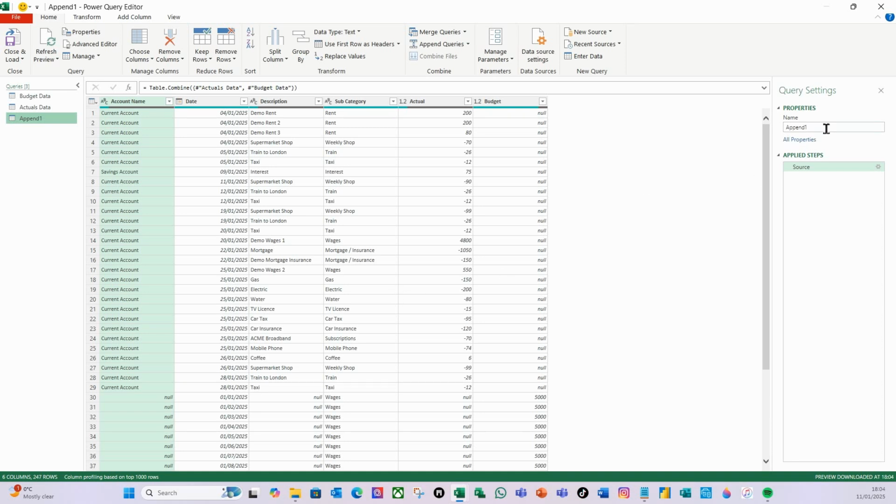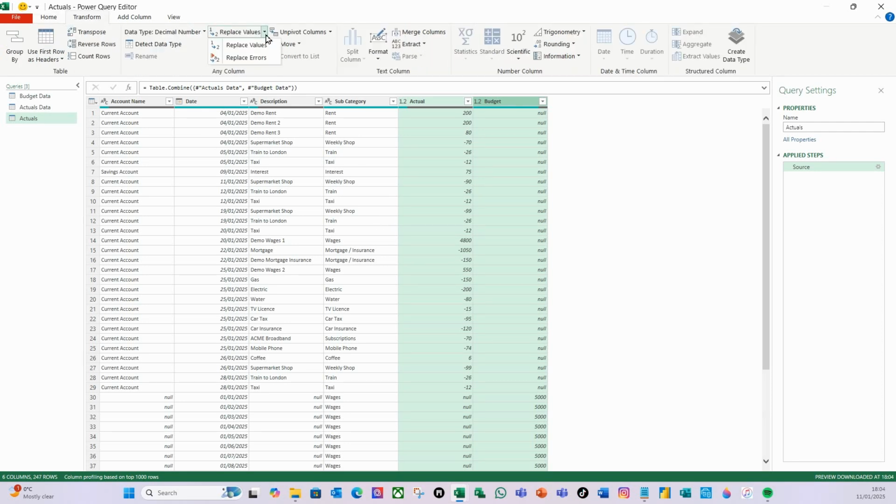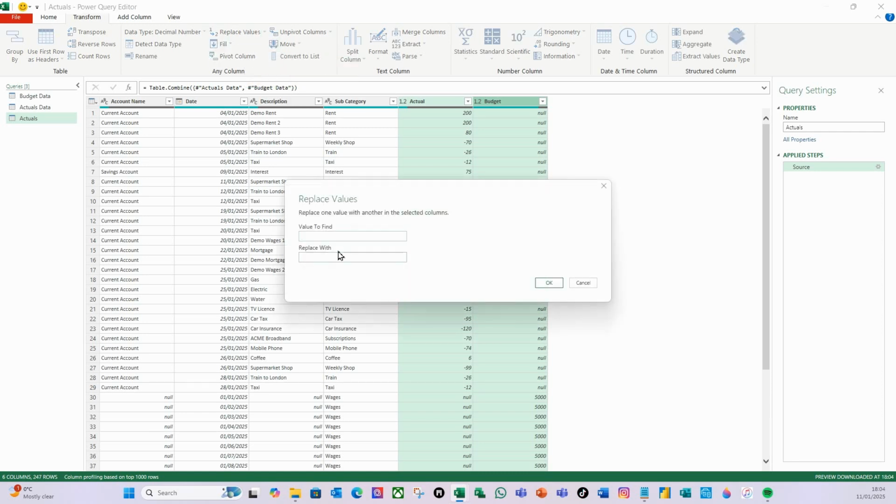Now on this, I'm just going to call it actuals, like so, and hit return. And again, what I'm going to do is make sure there's no nulls in the number field. So I am going to highlight that, and do Transform, Replace Values again, and again it's null. I'm going to put a 0 in there